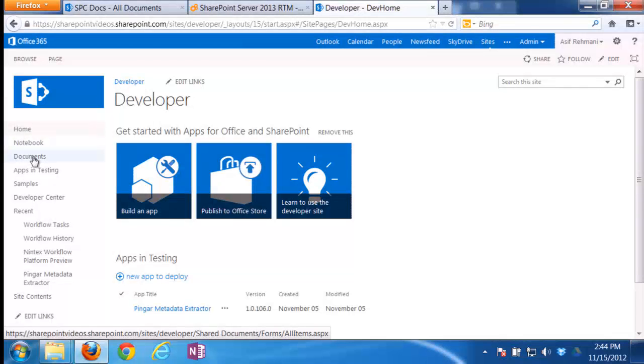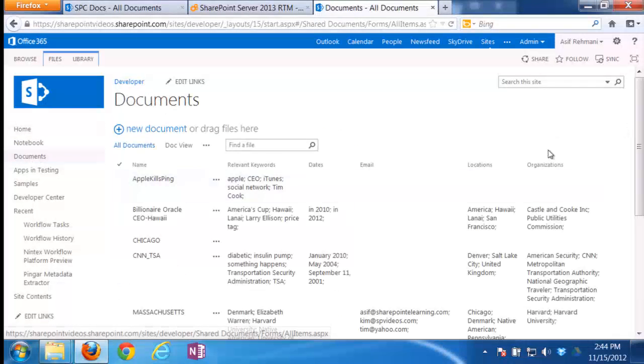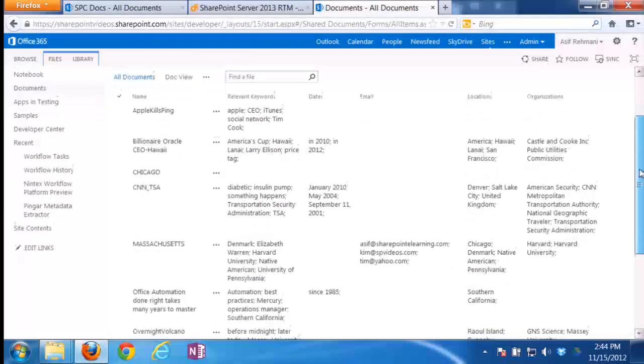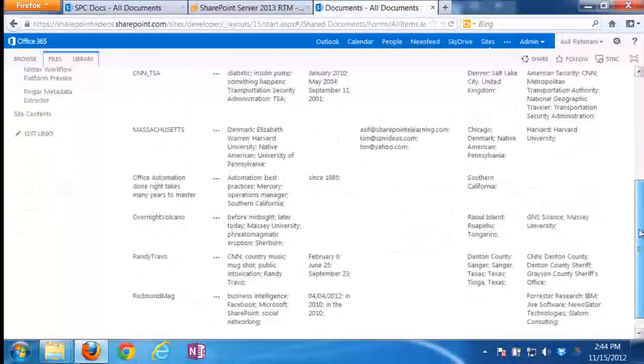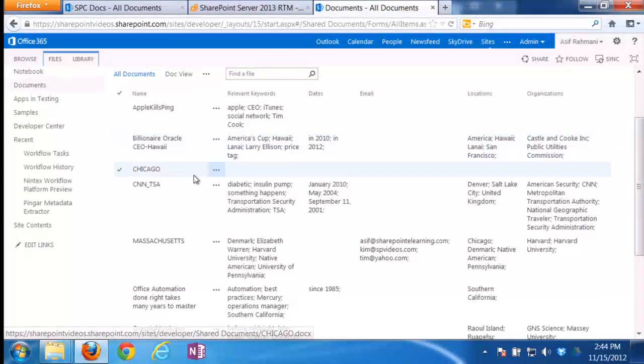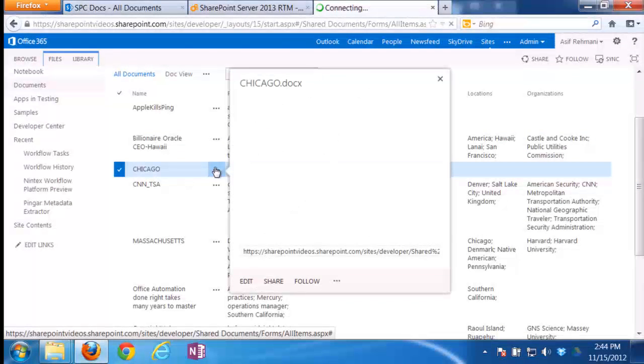You go to your documents where all your documents are. In my case, in this document library, I've already run it for a few documents to check out how this works and how this looks. So I've run it on all these different documents. I think I got one here that I didn't run it on, so I'm going to run it on this one. So within this document, first of all,